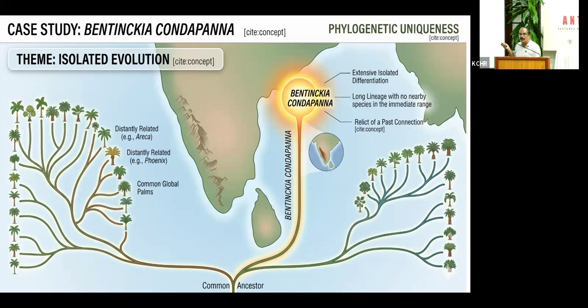Only one species here, and its chromosome number, compared to Bentinckia nicobarica, is 30 here versus 32. So it is a completely different isolation that happened over a long period of time. There is nobody to interact with, only Bentinckia condapanna, nobody else. It is a long lineage with no nearby species, even in the intermediate range, because it is thousands of kilometers away,